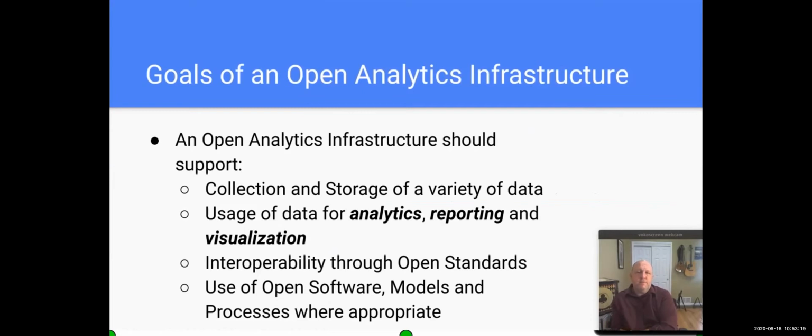So the goals of the Open Analytics infrastructure was to allow collection and storage of a variety of data. So we wanted to be able to store rostering information. We wanted to be able to store event information, just deciding on what type of event data was coming in. We want to be able to use that data, and we want to make everybody be able to use that data. So, usage includes analytics or reporting or visualization, this data can be used in pipelines